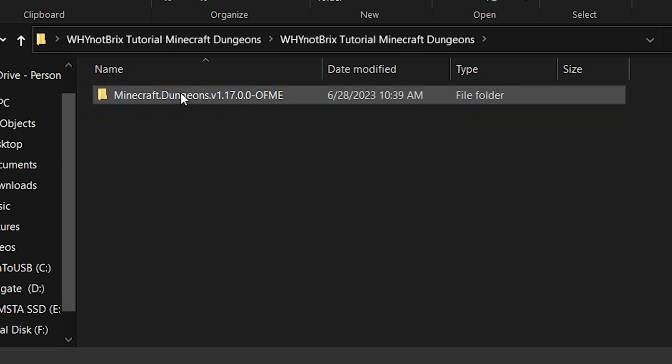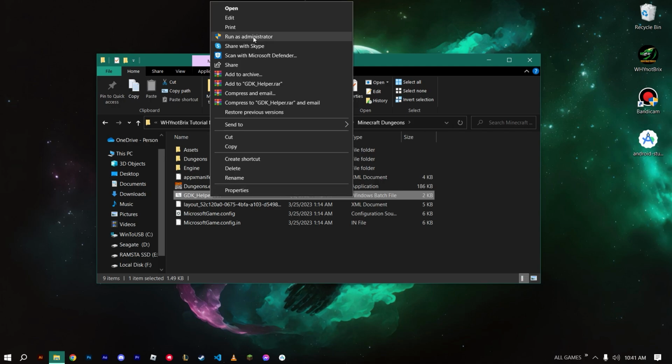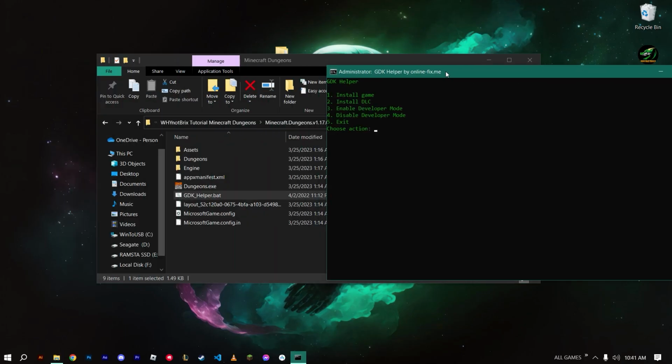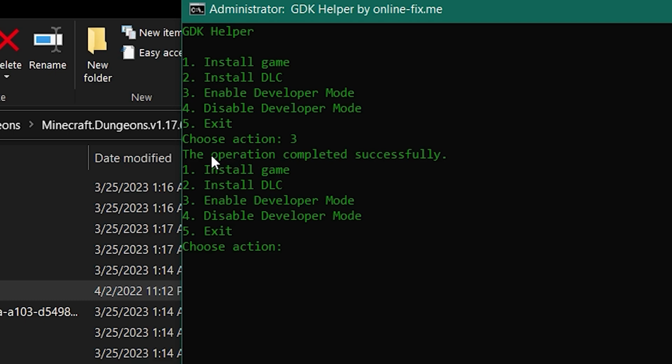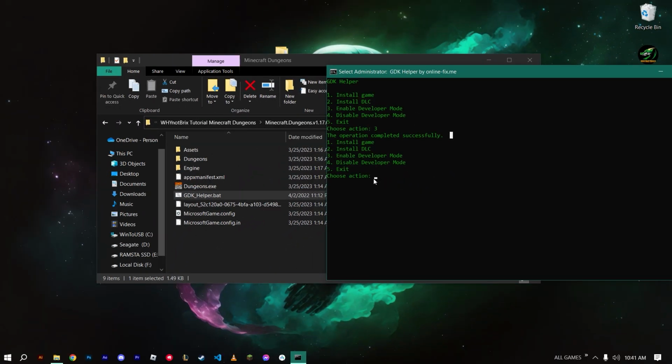Then delete this, open again, and now you need to open this JDK helper and run as administrator. Inside this JDK helper, there's 5 choices, then choose 3 actions. The operation completed successfully. Okay, then open the Microsoft Store.